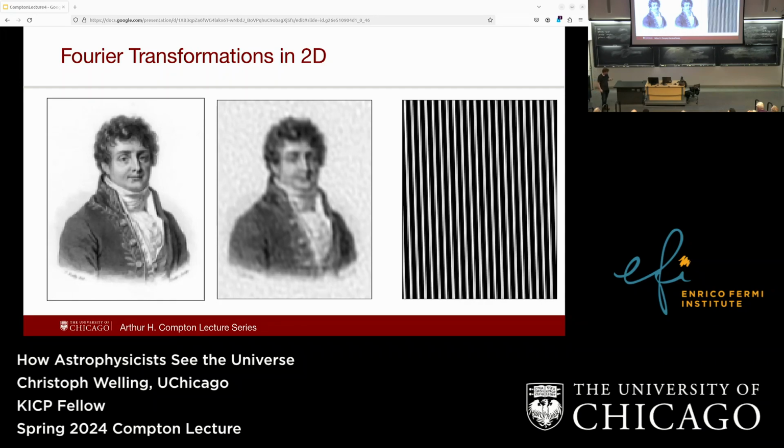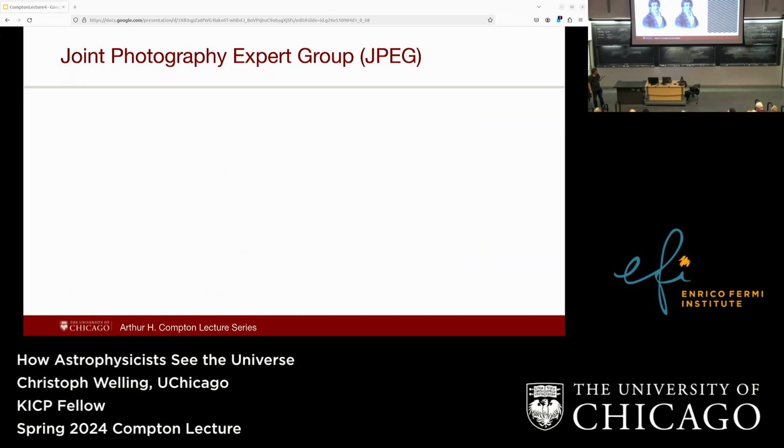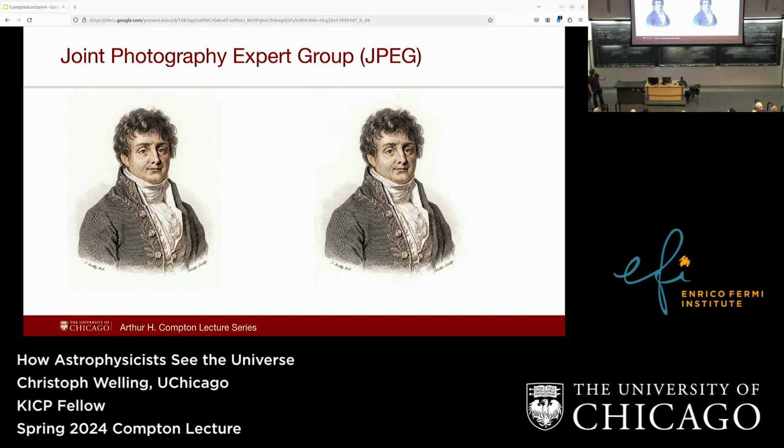And this is also something we use basically every day, and that's the JPEG, which stands for the Joint Photographic Experts Group. So if you want to store a picture, you can do the same trick as with the MP3, where you figure out which wavelengths you actually need, and then you throw away the ones you don't really need. So these are 2 times the same picture, basically, but one of them is only 1/3 the size of the other. And I don't know, anyone want to guess which one?